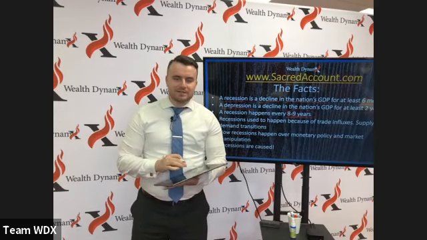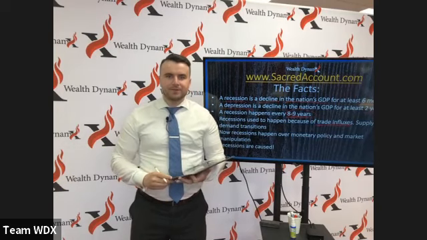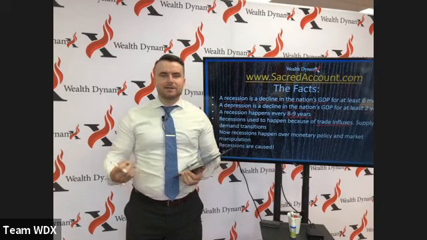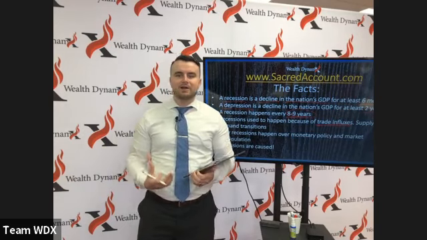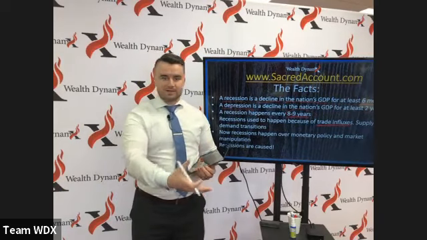So here's the deal. Recessions used to happen because of trade influxes. So back when we were on the gold standard, a recession would happen because of trade influxes. So if my country had a lot of exports, let's say over to the Philippines, they have cows in the